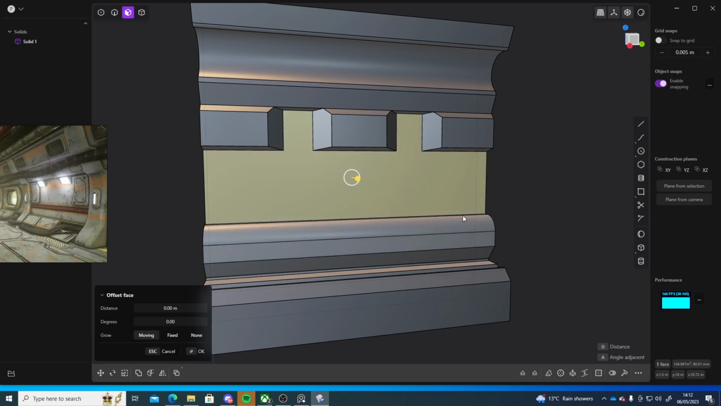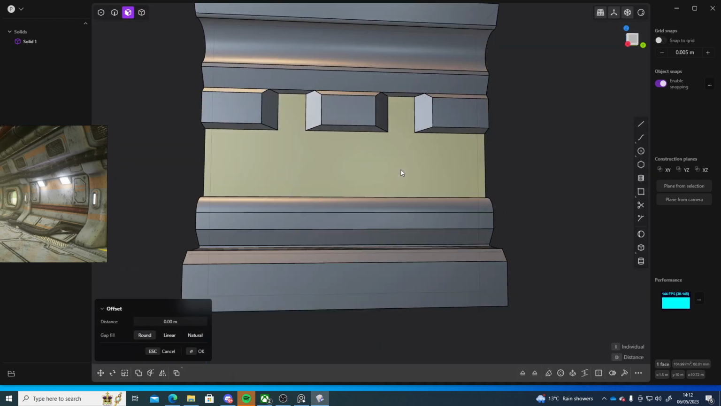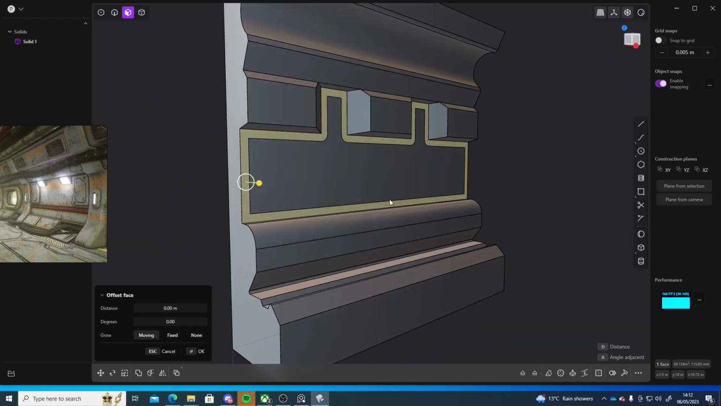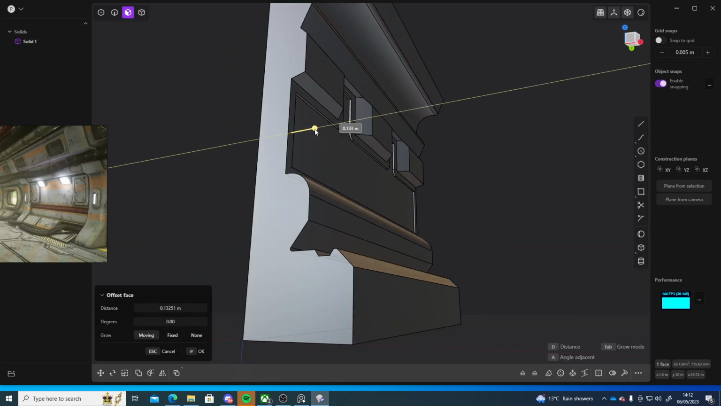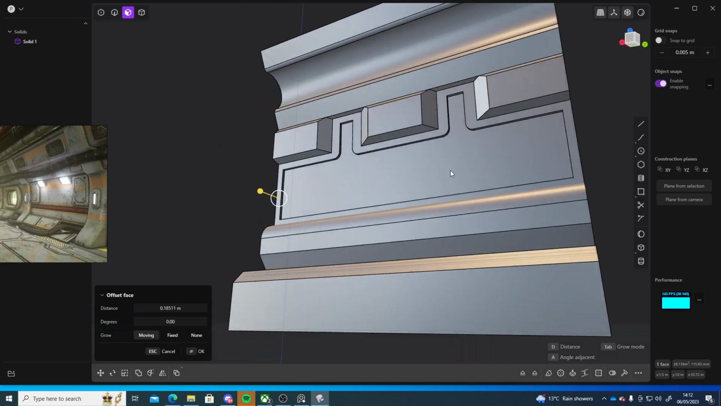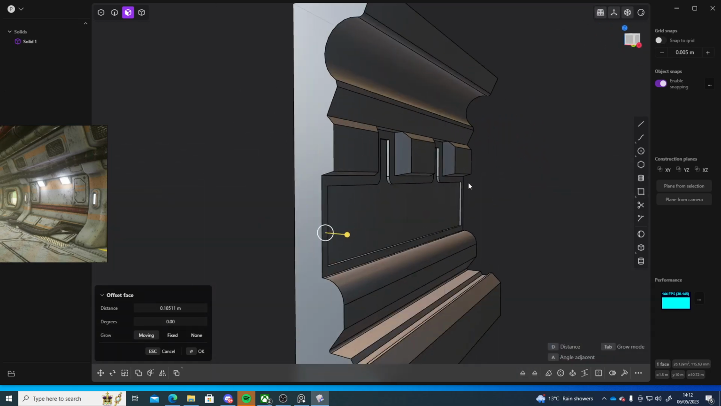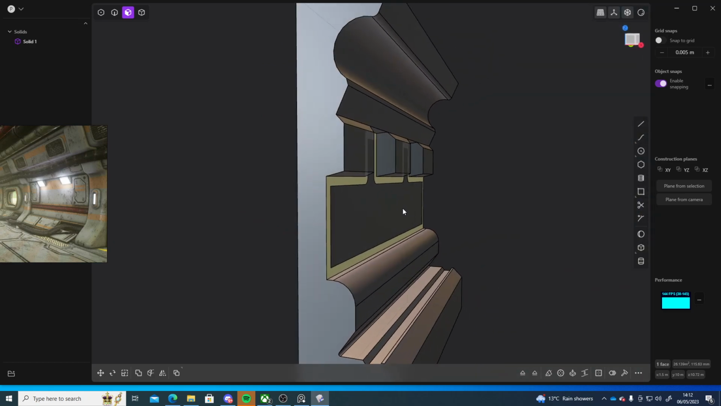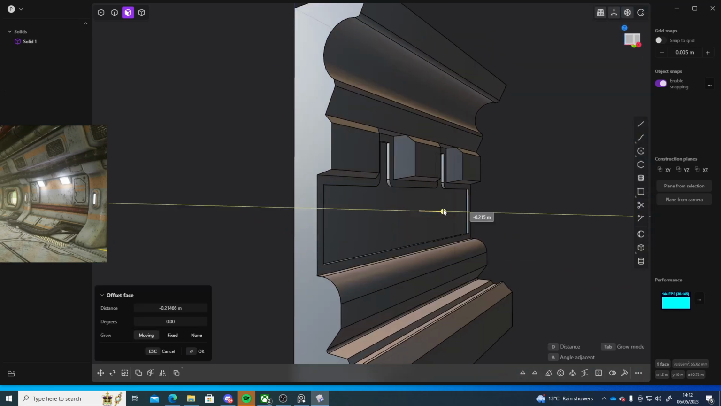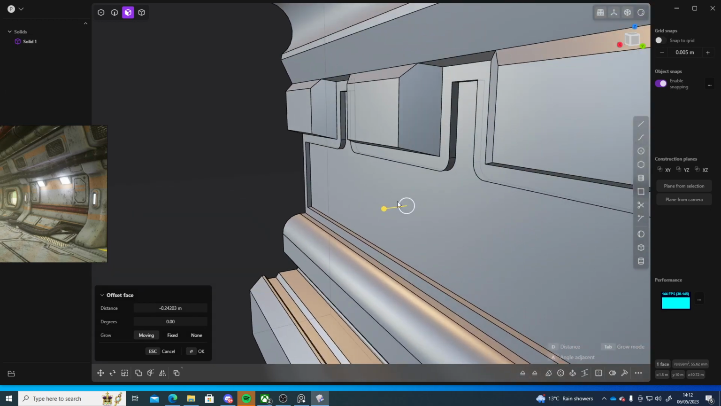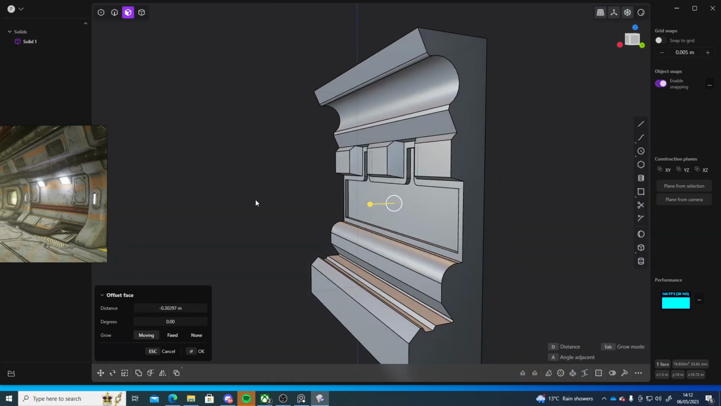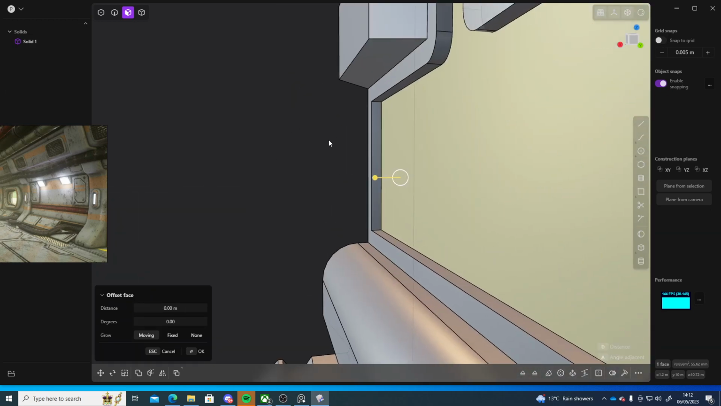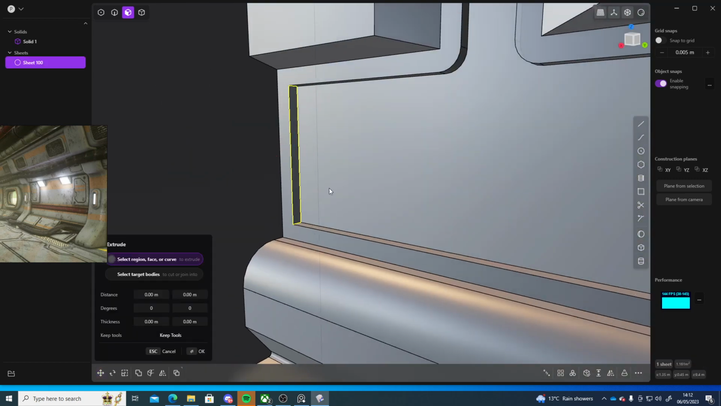I might select this here, press O, offset it in like that, and then just pull that out a little bit. Or this one in a little bit. Yeah, that works. Then what I'll do is I'll grab this sheet, press Shift D to duplicate it, press E,